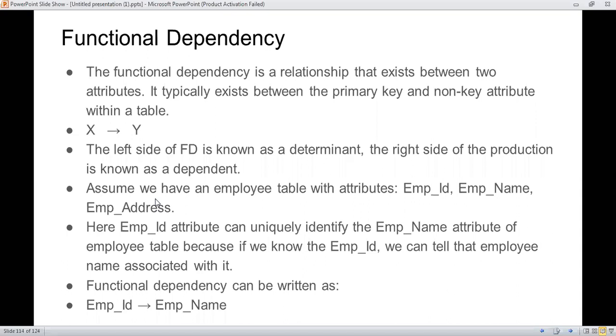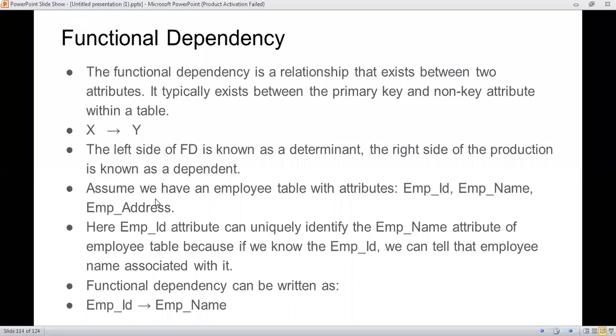So we can say roll number determinant name, and name is functionally dependent on roll number. Always the left side, X, is considered the primary key, and the right side, Y, is considered the non-primary key.